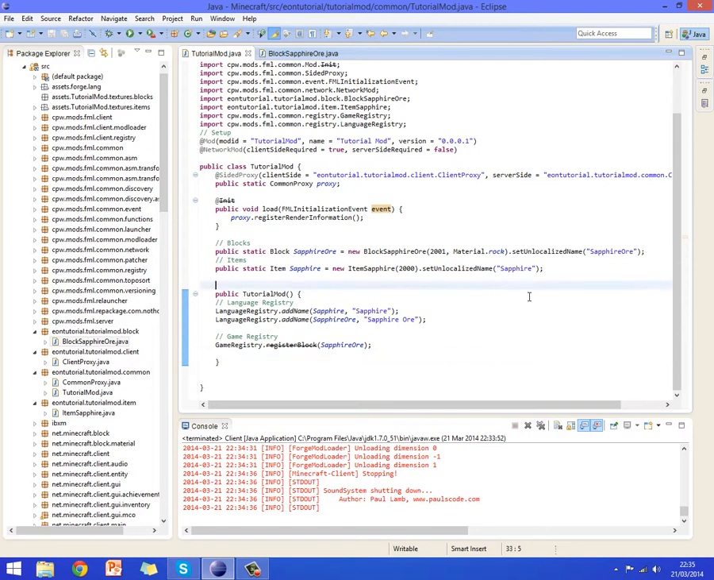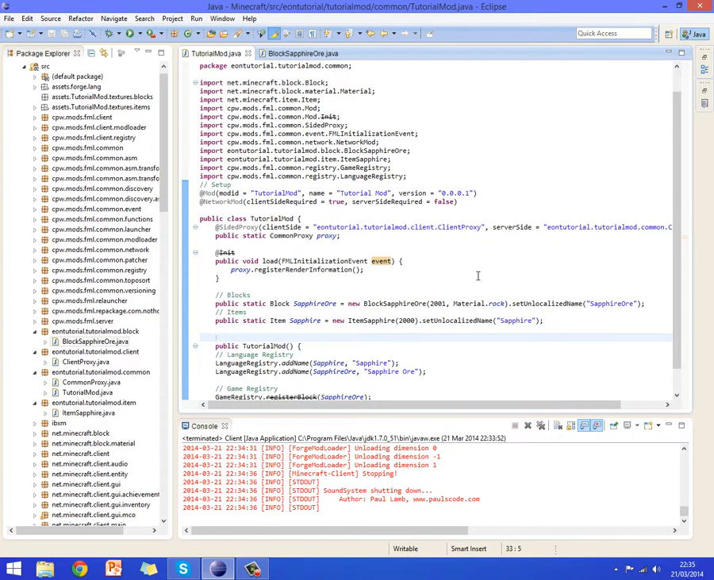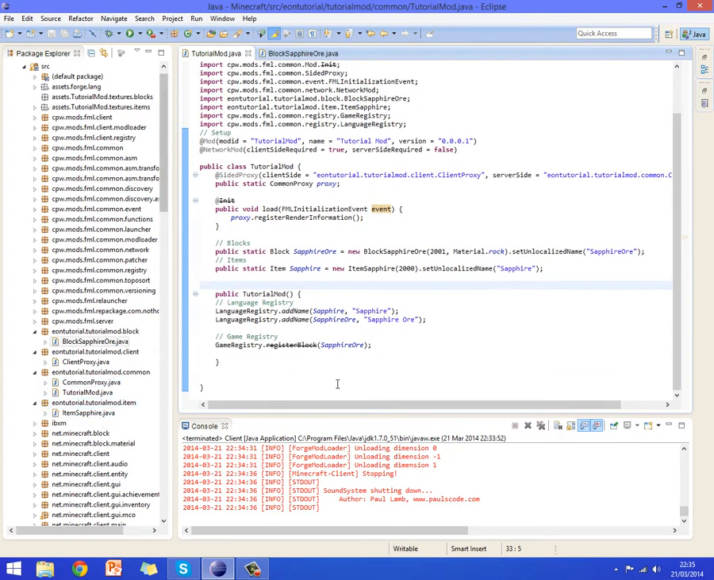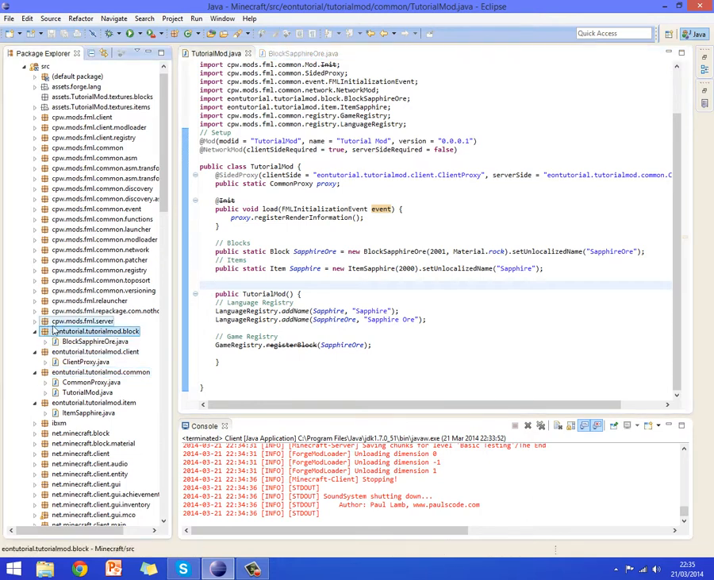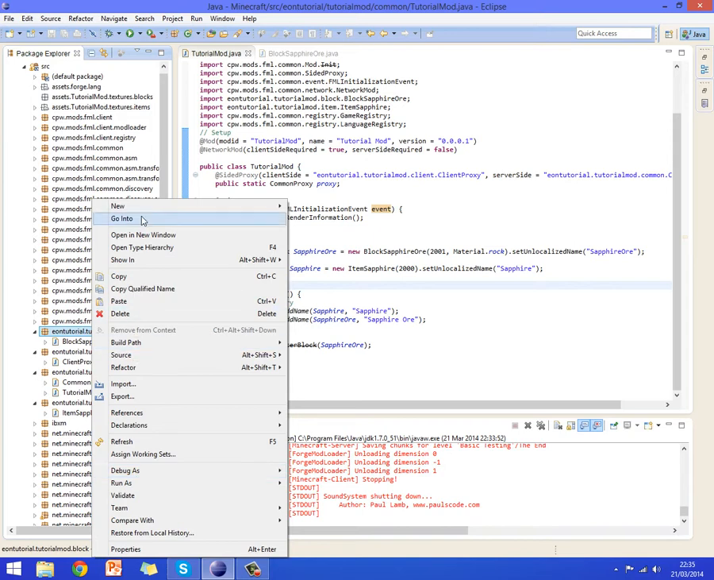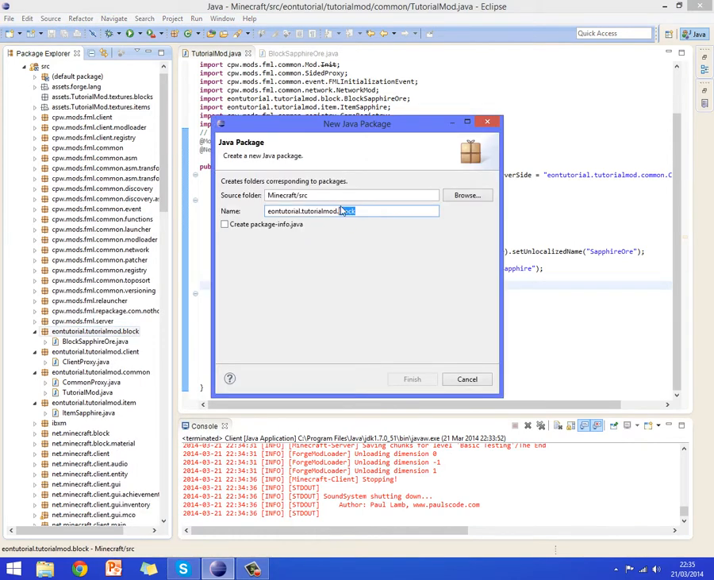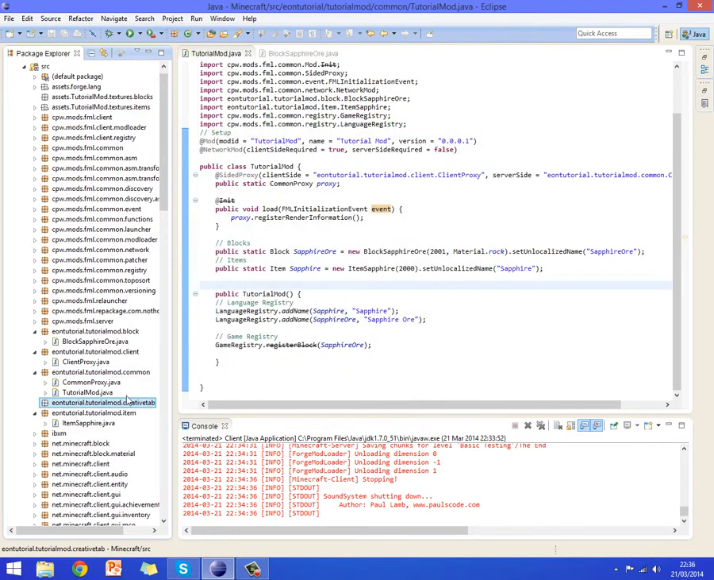Okay, so what do we need to do? I'm not going to say make some tools, because that's a little bit OTT. We're going to make a creative tab this episode as well, because we've got everything we need to do it. So we need to find a package, right click, new package, and change it to creative tab. And then right click, creative tab, new class,